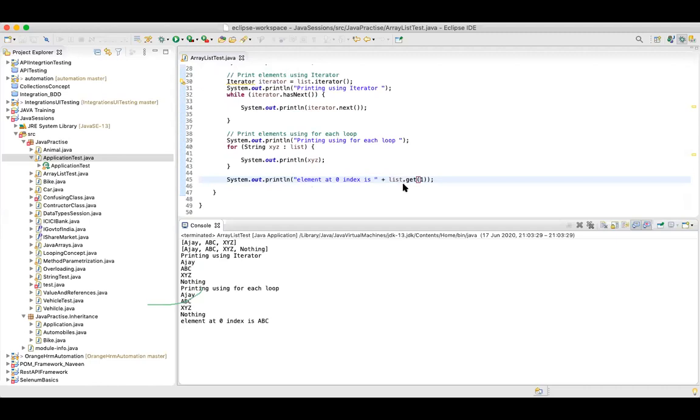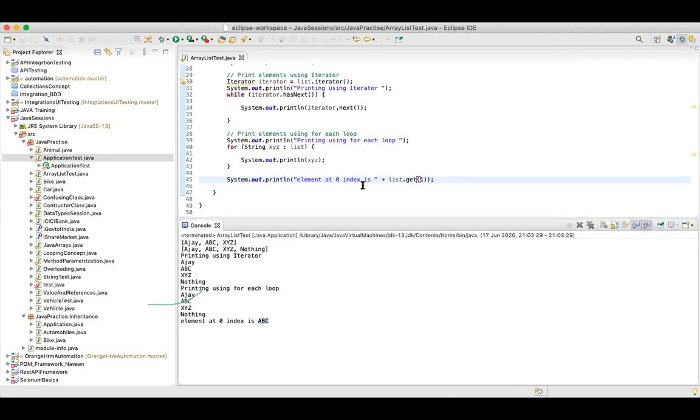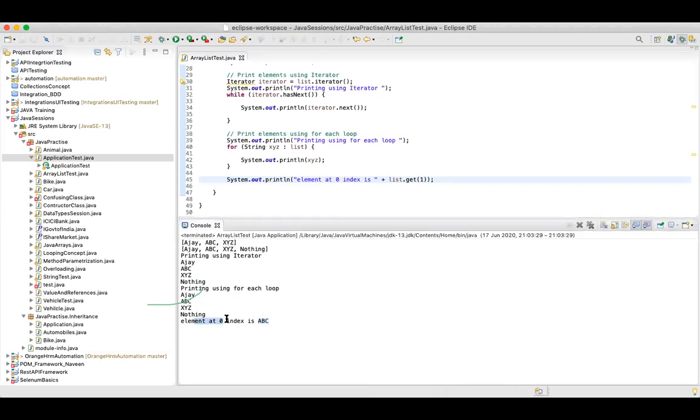So guys, last time also I explained getters and setters to you. In variables also we create getters and setters. And why do we need that? Because if you don't want to give access directly to your variable, we use getters and setters. And in terms of array list also, we directly have the methods get and set. Now the value we have at the first location is ABC.